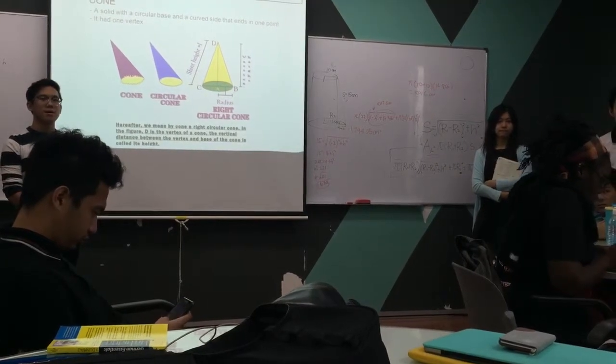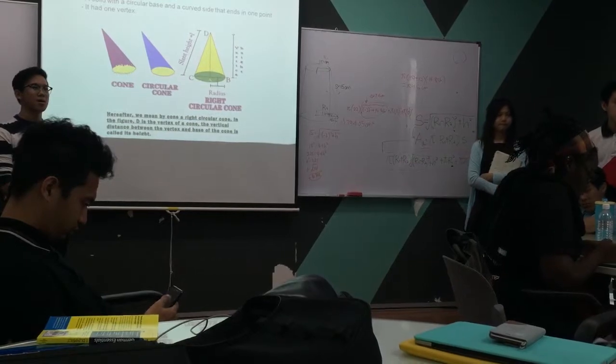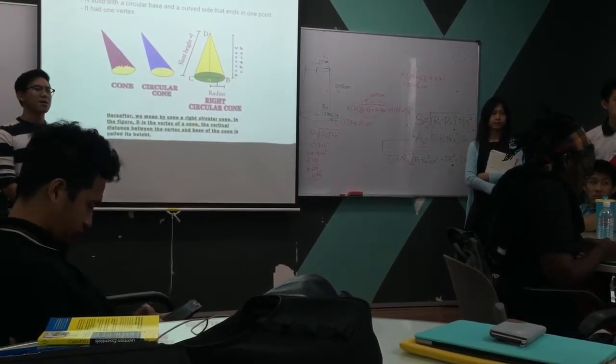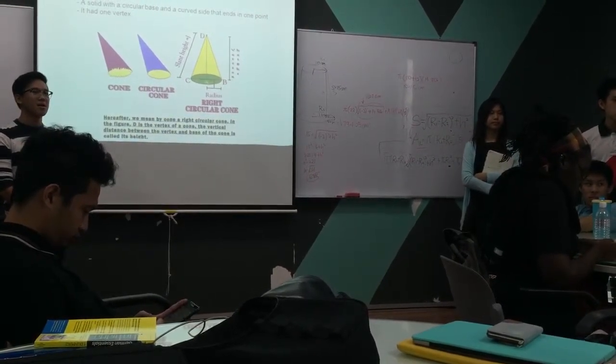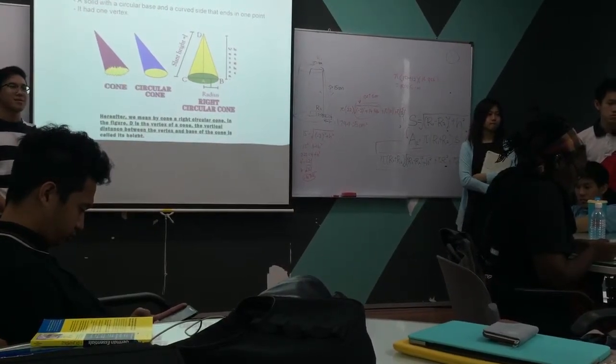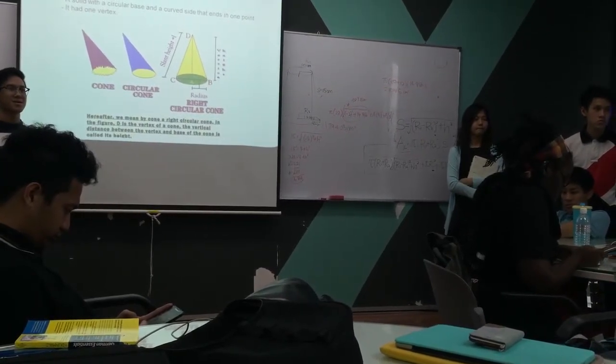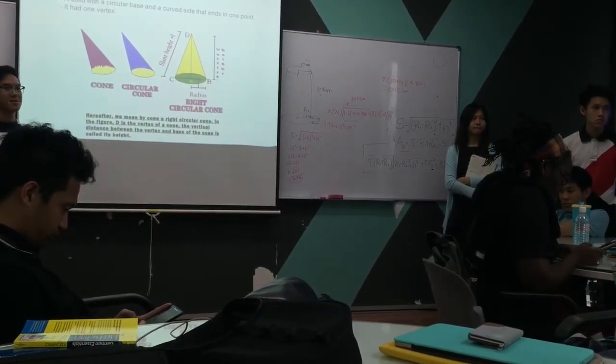The base becomes an ellipse. And when you put the flat surface on the table, you can notice that the tip is actually away from the center of the base. So that one is actually an oblique cone with an ellipse base. Got it? And then the bottom part is not considered